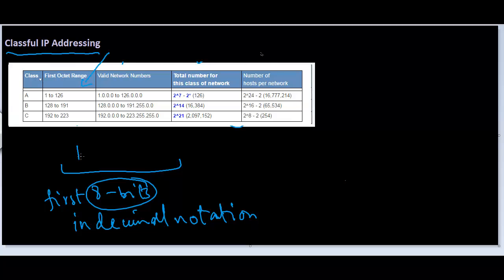And if we find a value between 1 to 126, then this is a class A IP address. So if you find an IP address written in decimal notation, by taking a look at the first octet, or the first 8 bits converted into decimal, so for example